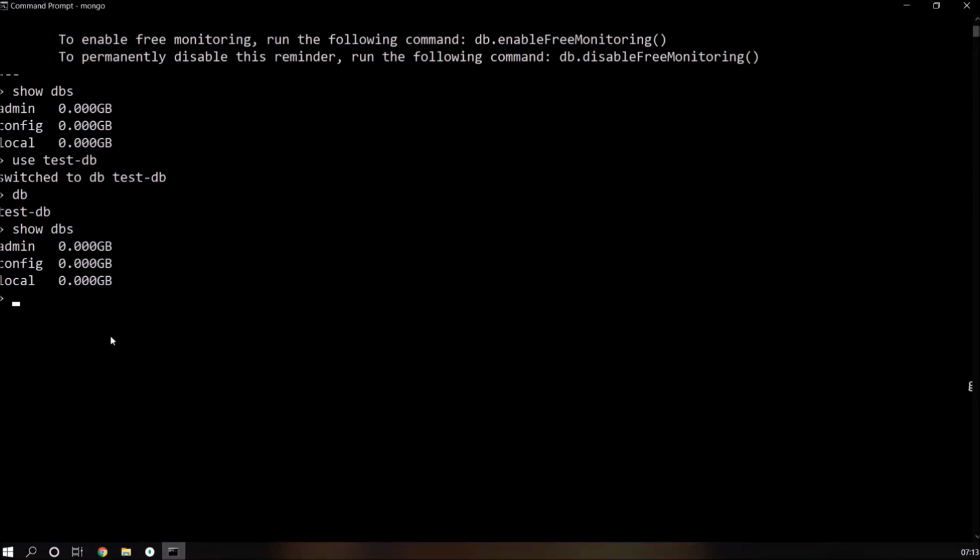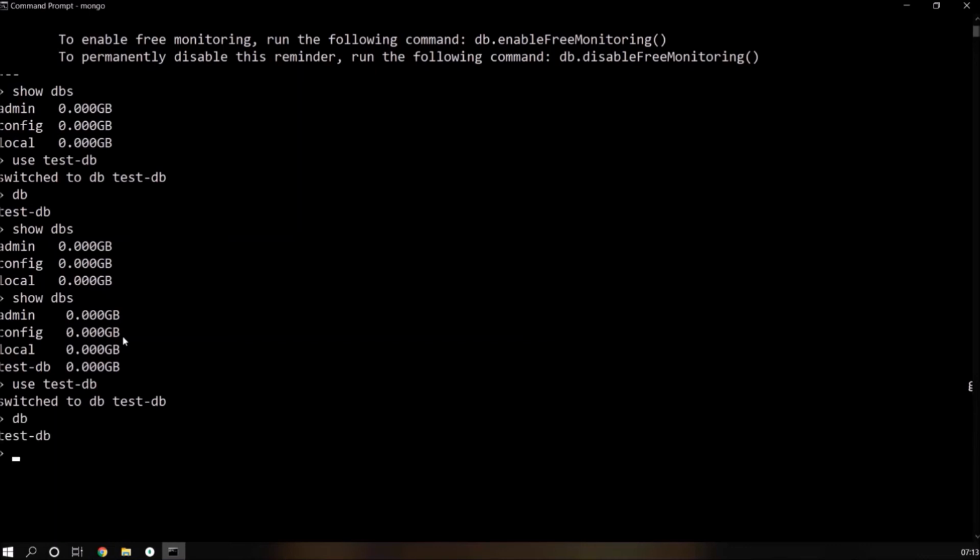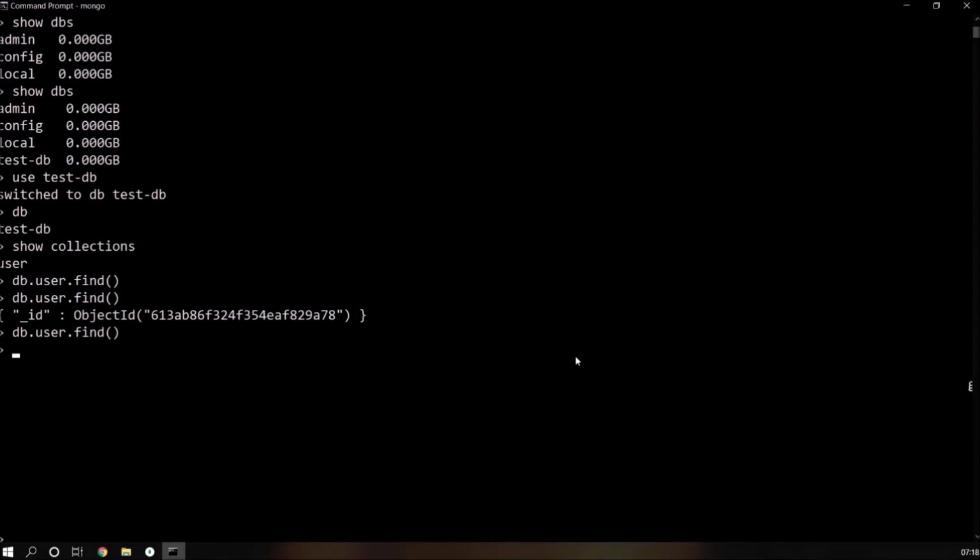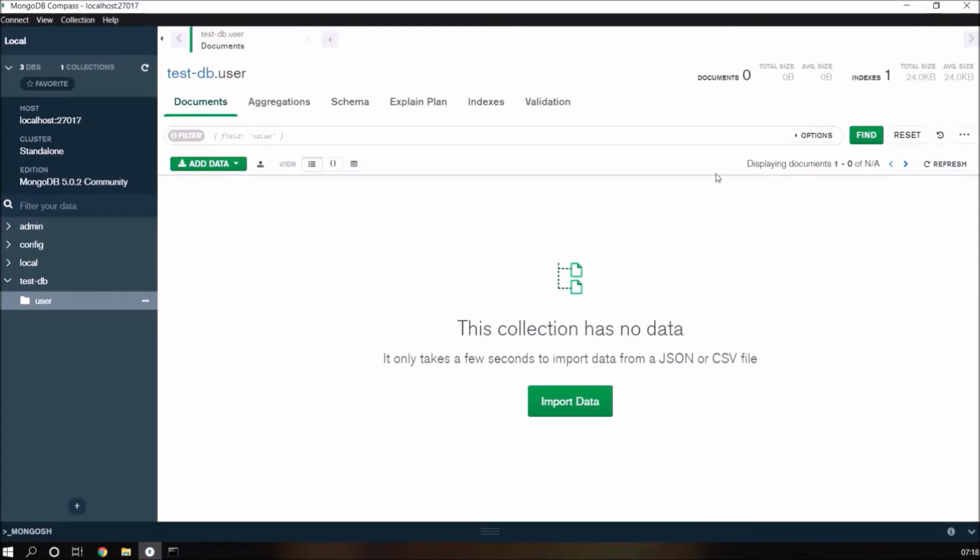Let's execute the find command using the command prompt. But first, we need to connect with testdb. To find the records in the user collection, we need to execute the db.user.find command. See, now no data is available. Let's insert one record using the insert command. So the command is db.user.insert. And inside the insert, just pass the JSON. Here, there is no restriction. You can pass any type of JSON, and the same JSON will be stored in the collection. See, the record is inserted. Let's click on the find button again.